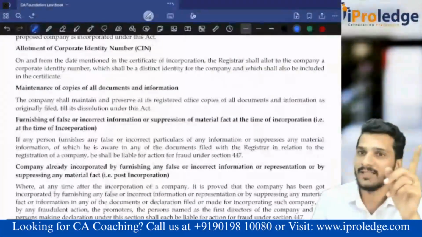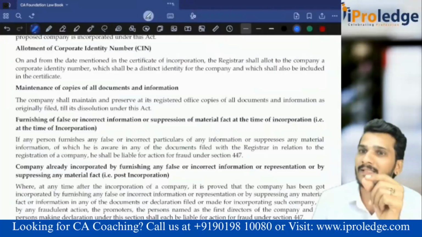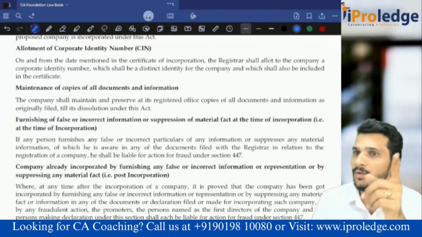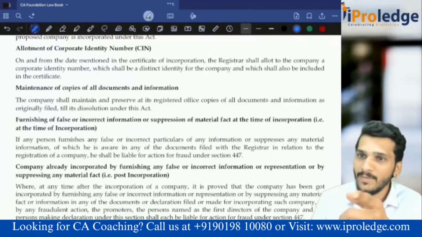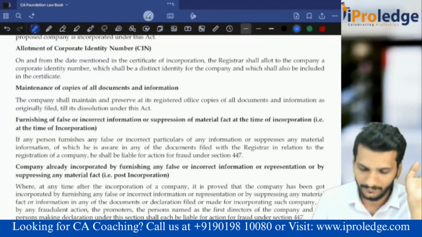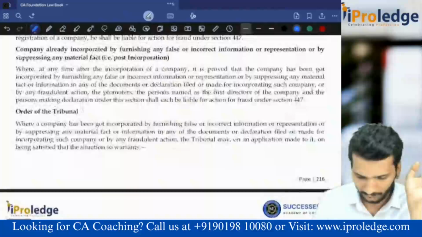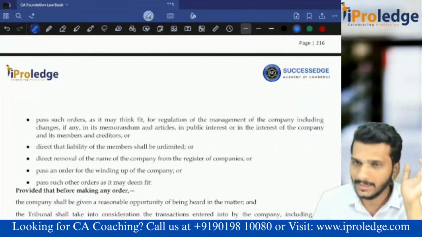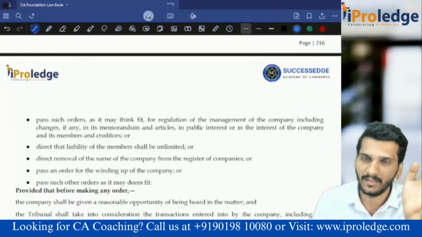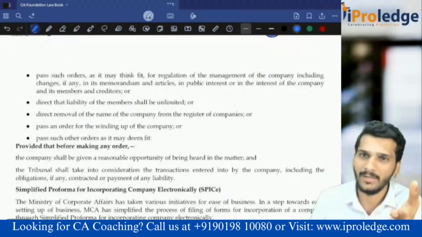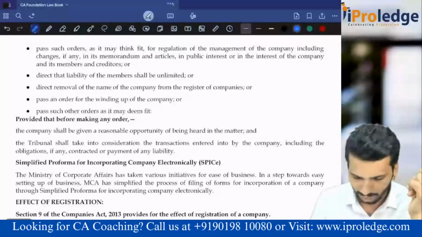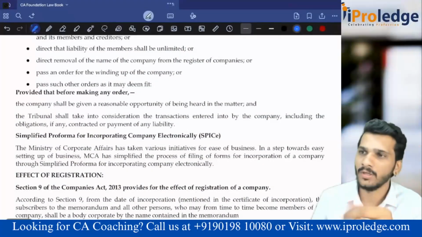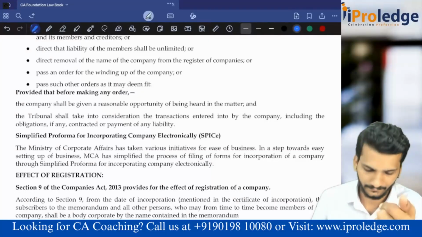And again, whatever we discussed about names like Empress, Imperial, Royal, that name should also not be used. Again, you should not use any name which is identical or similar to an existing company. But in a partnership, that is not there, because a partnership is not a separate legal entity. That is why it is not there. Ultimately, your liability is the partner's liability only. And before the court passes any order, you give them an opportunity to explain why they have done that.